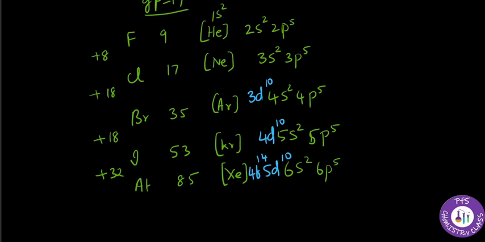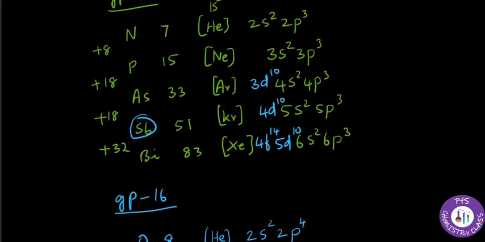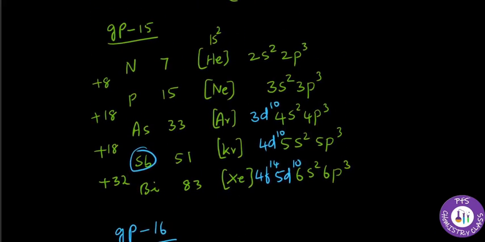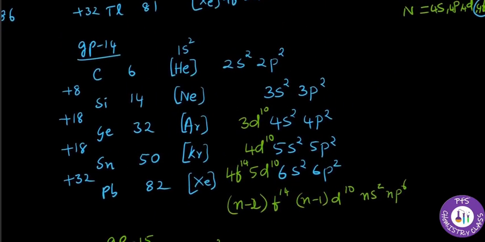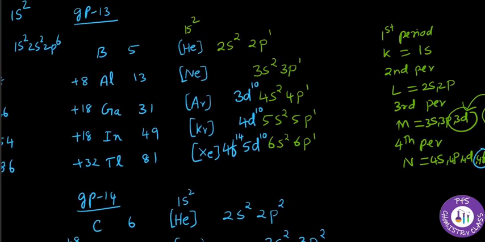So you can quickly write this in a corner of the paper before your exam, so that you can quickly recollect the atomic number of the element and the electronic configuration of the element, and by the names, by this time you should be familiar. So fluorine group 17, oxygen group 16, and group 15 N, P, As, Sb, Bi, and group 14 C, Si, Ge, Sn, Pb, and then group 13 boron, aluminium, gallium, indium, thallium. Okay, so I suppose you are now familiar with this electronic configuration I have taught you. Hope you should be able to remember the names of the elements easily.